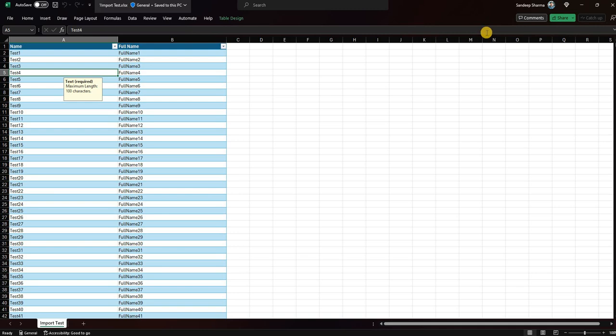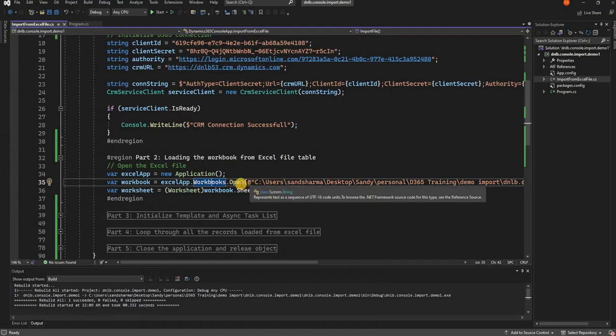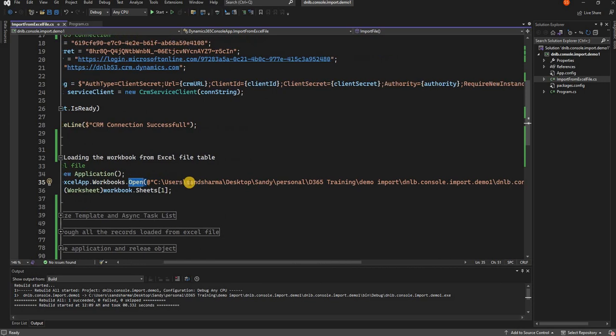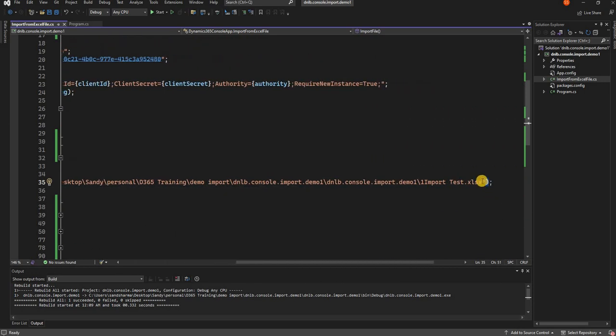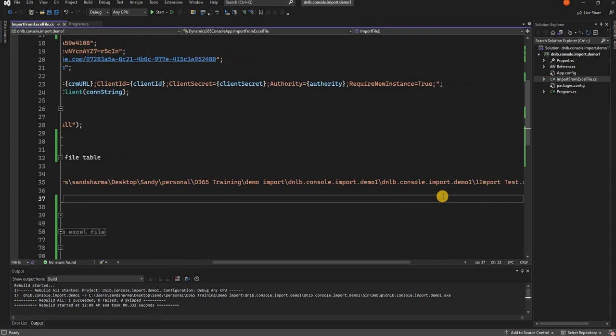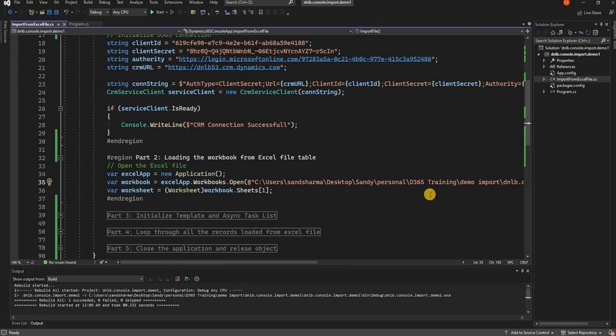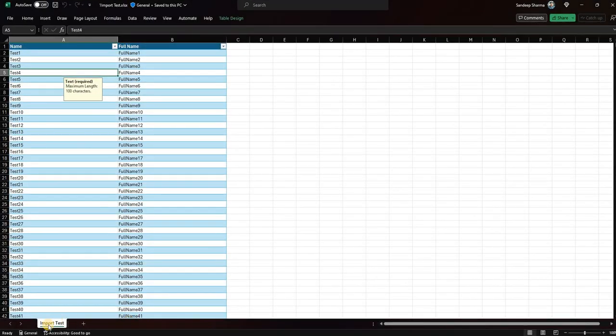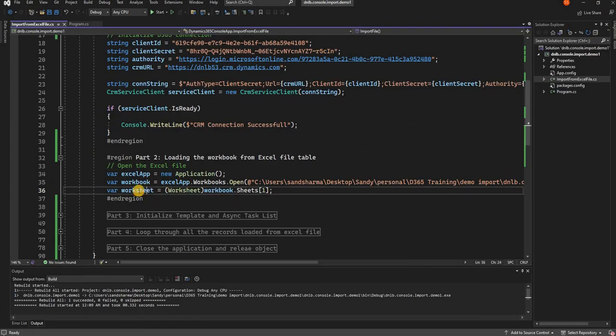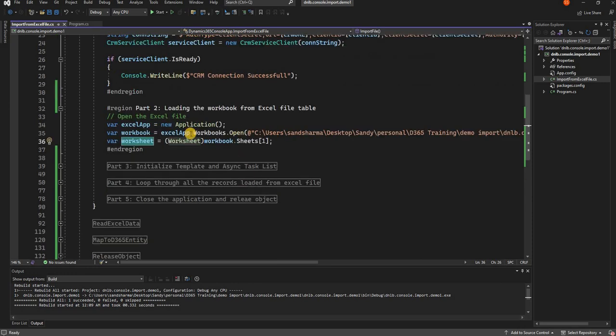The path of this file I have added here as the open path. It will read the file from here, so you have to give the full file name in your path. This is the workbook which it will open, and inside this workbook there is one sheet. It will take the first sheet, and this sheet will be added to this variable. Now the sheet is loaded into my worksheet variable. That is the second part, connecting to the local machine's Excel template file which we want to load